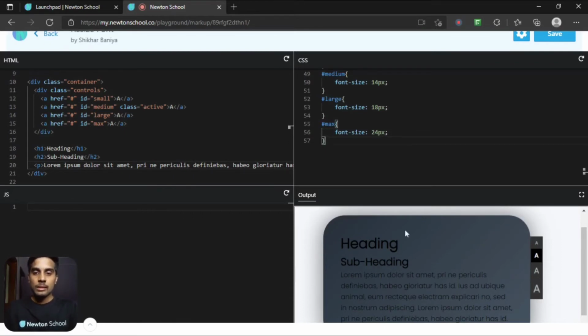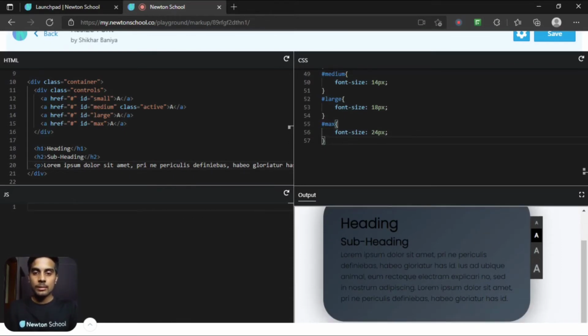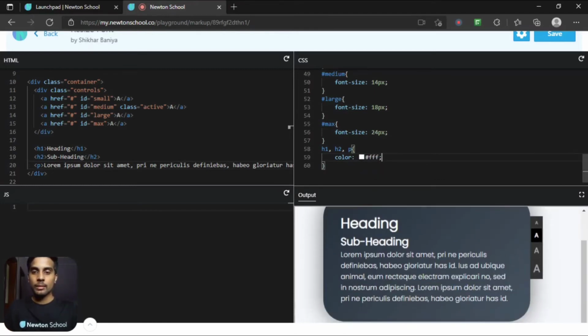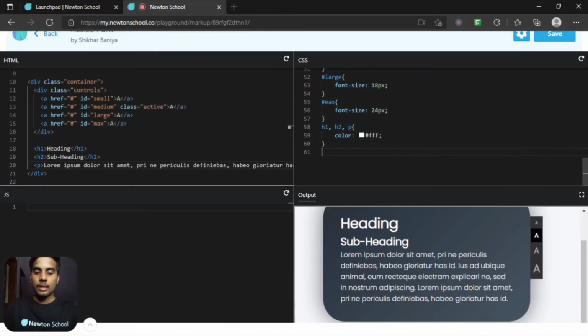Now let's see these headings. So H1, H2, and P. For all these tags, I want to change the color to white, so #FFF. Now let's target the H1. For H1, I want to increase the font size. Let's say 36 pixel.